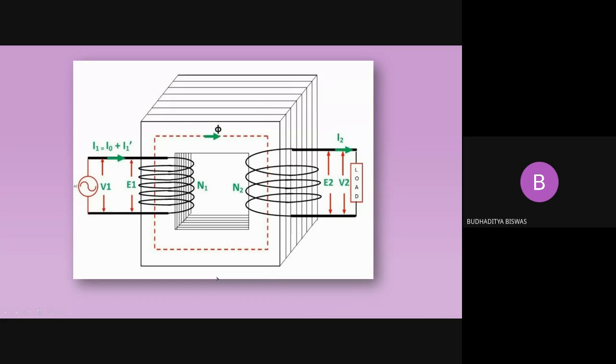You need to remember the civil formula and the basic operation of the transformer. So this is the basic operation of the transformer. Coming to the secondary side, when the primary is energized, some flux will be circulating through the core.